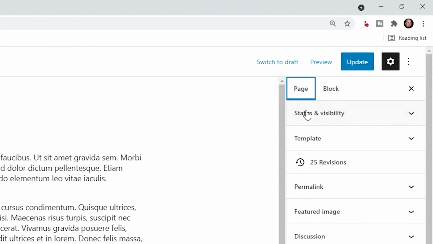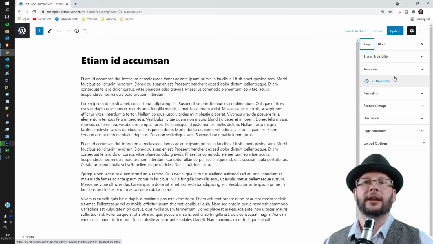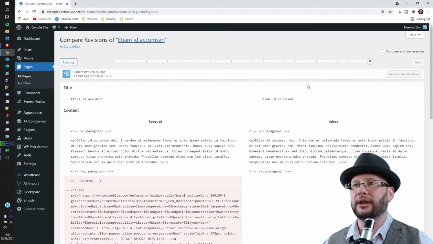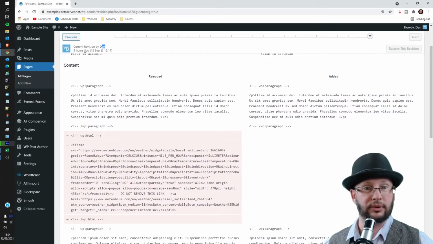So from the page tab, we should be able to see this marker here with a number and then revisions. In this case, 25 revisions. Click on that one and that will take you through to the revision tab. We can see here, this was last edited by me a few hours ago because I'm doing a few tutorials